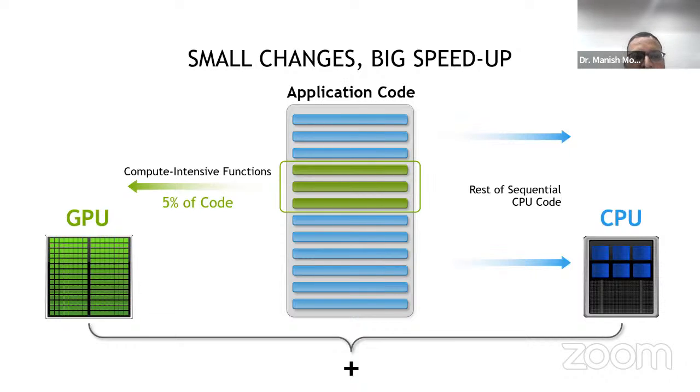Only the compute intensive part of the application, maybe 5%, maybe 20%, if we offload that part only onto the GPU, we get a significant speed up in the application, right? That speed up can vary from 10x to 100x. That's what we are seeing in our day-to-day work. So if we identify the compute intensive part and offload only that onto the GPU to have the processing faster, that gives a significant speed up. And that's how we say the CPU works.